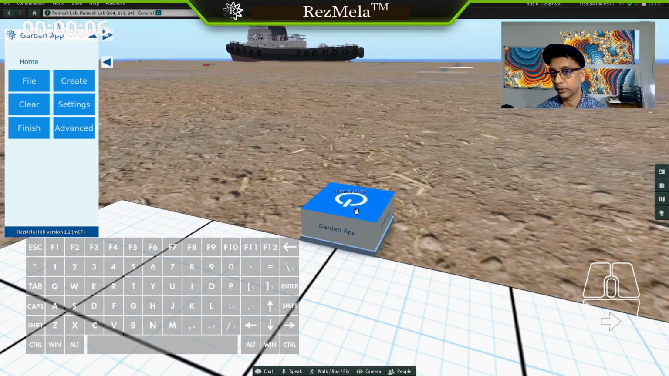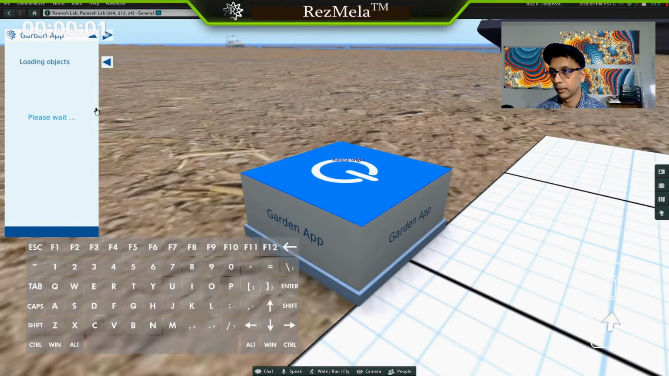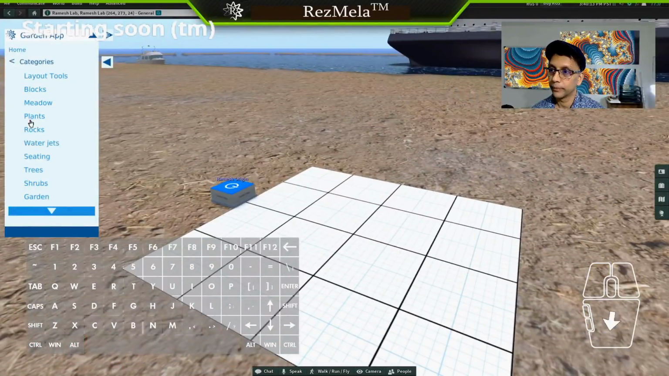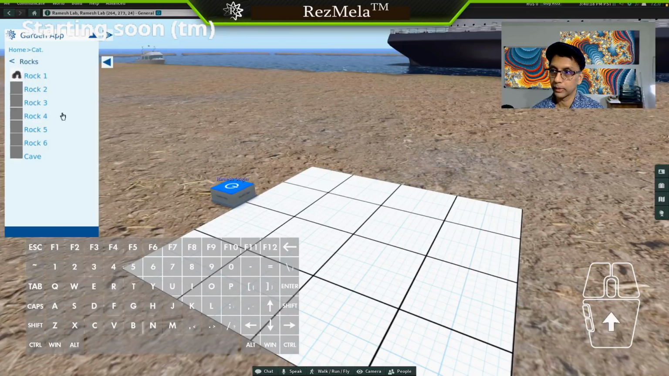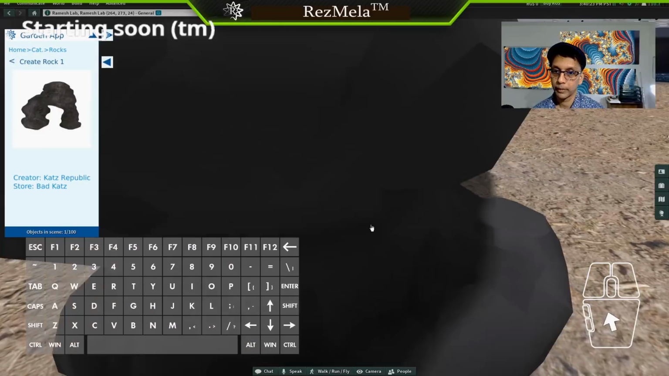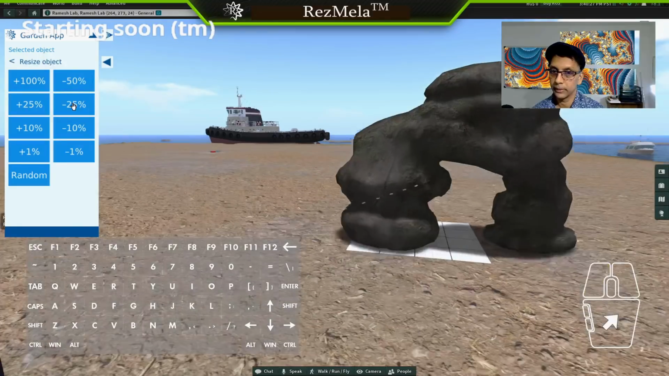the HUD has changed to match this other app, and you will also see that it has its own category of items that you can use. Okay, so it's got a fairly long list of items that you can see. Oh, that's a big one. So you can resize, and